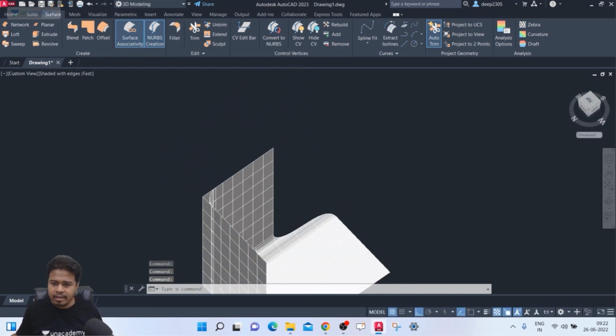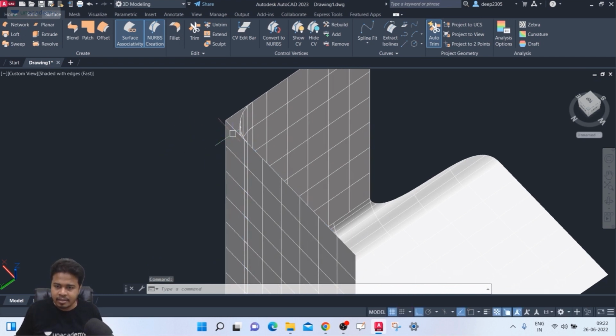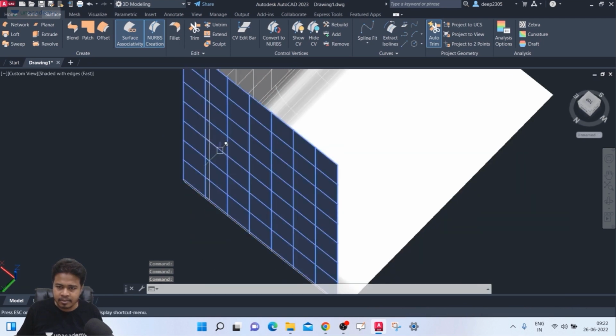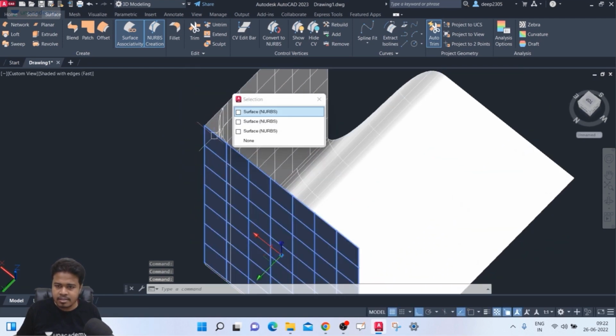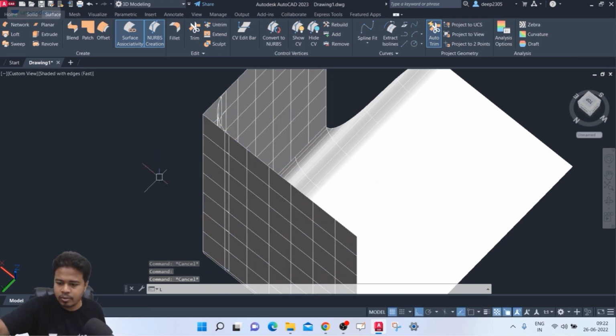Okay. This is an assignment for you all, that you have to trim away this and this part, the extra part. Part of this and part of this surface, you have to trim it. How to do that? You can create a line here. Okay. Let me show one example. Put the F3 on